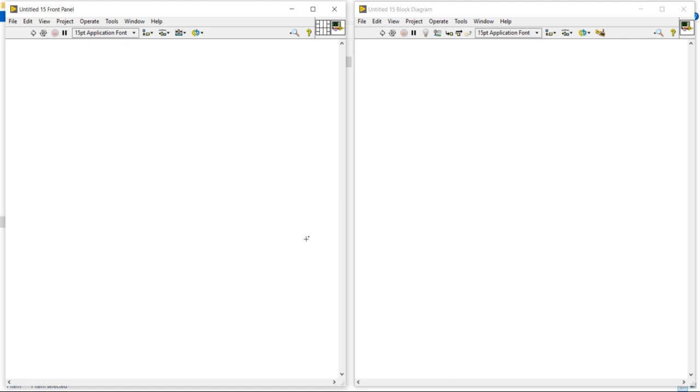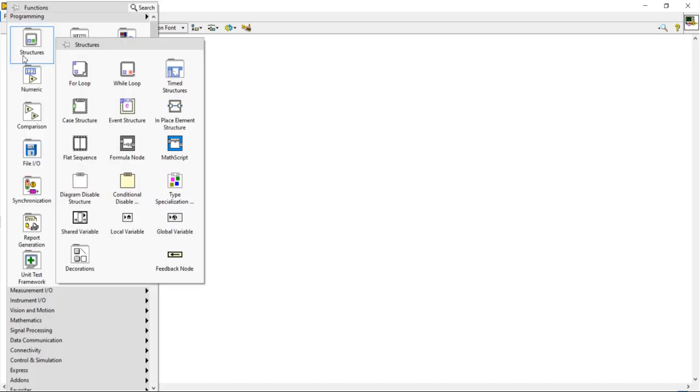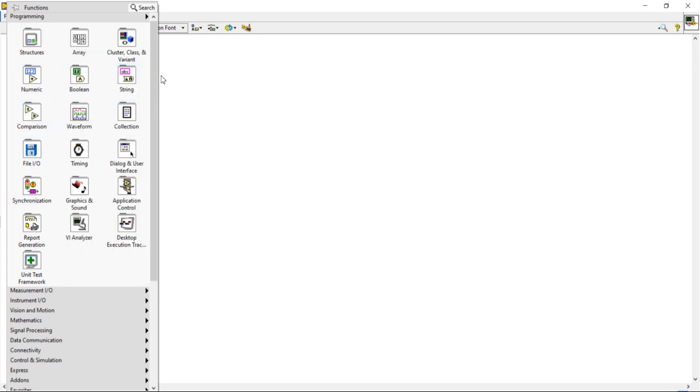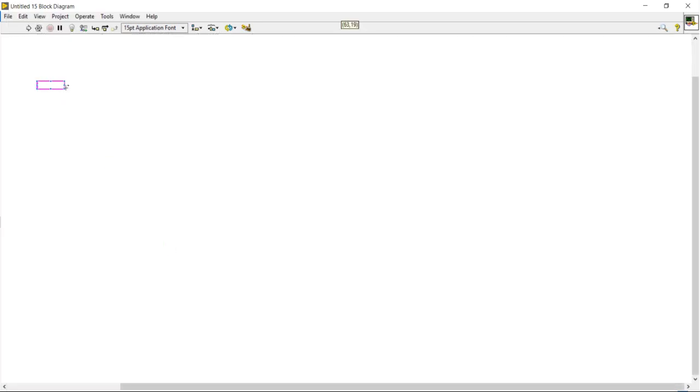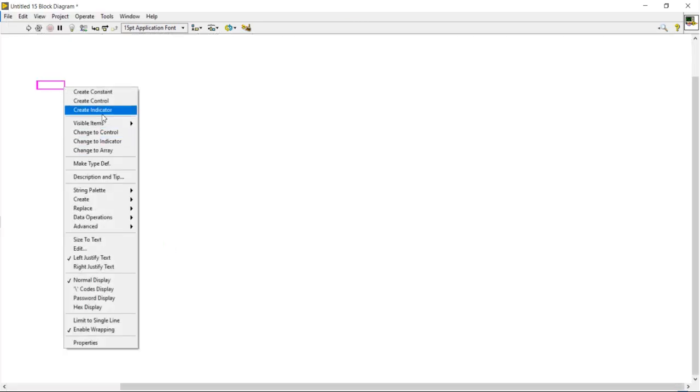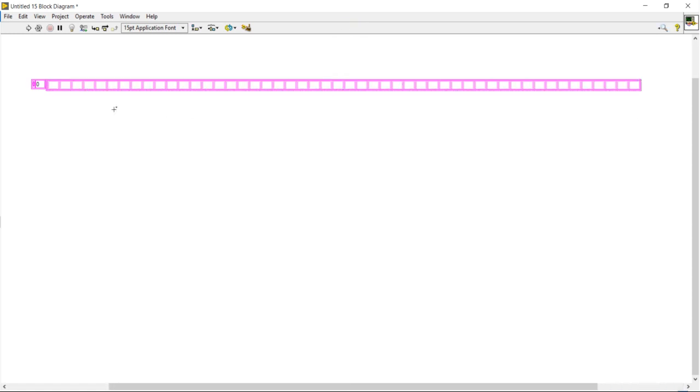I'm going to create a database here. I'm going to create a string array constant, and in this string array, I'm going to enter some values.